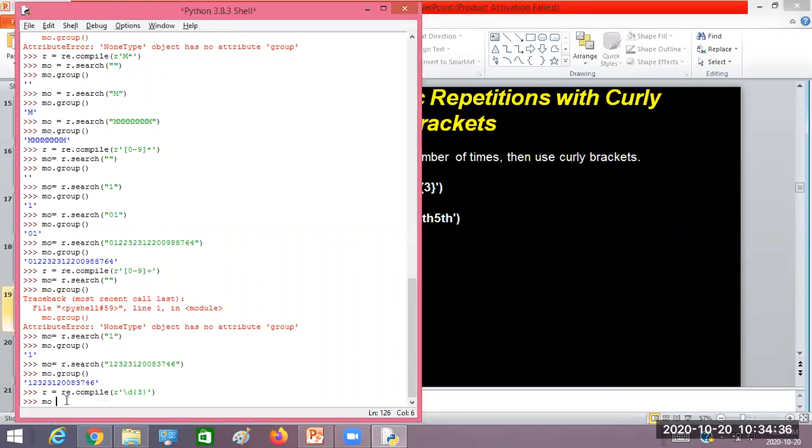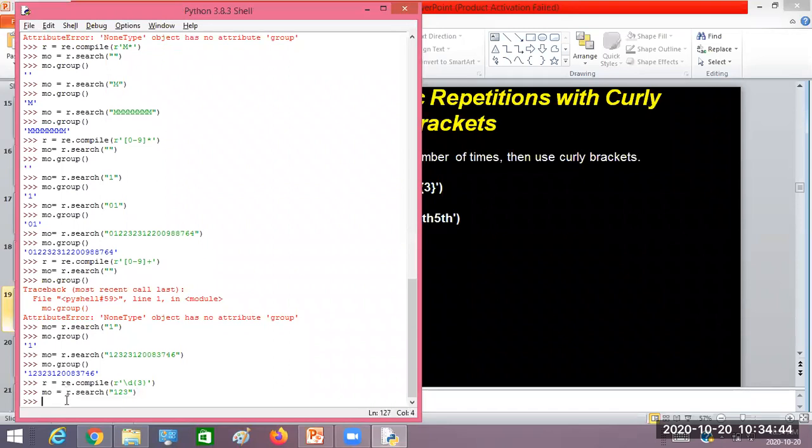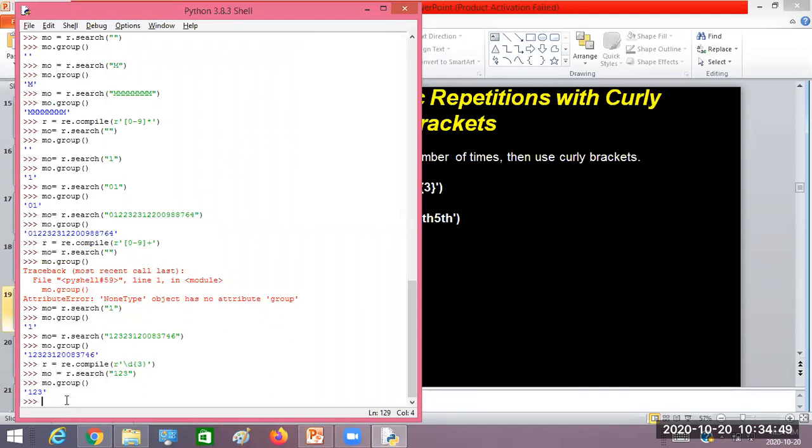Then to search for the pattern, you can go again as we did previously, like 1, 2, 3. Now it is going to read the data of 3 digits. Suppose you enter more numbers, like 1, 2, 3, 4, 5, more than 3 digits, then it is going to take only the first 3 digits. So what addition can you make here? Repetition, specific repetitions. I'll add one more thing here: I'll put a comma and then put another number. Now what is this?